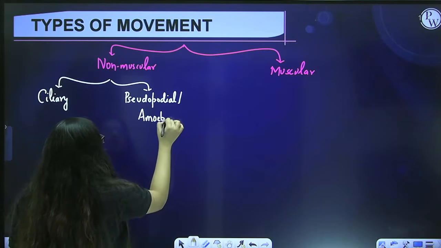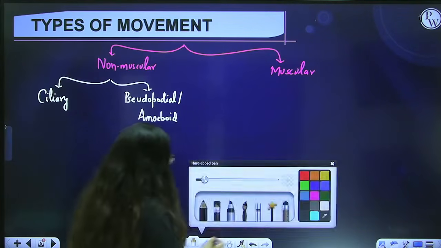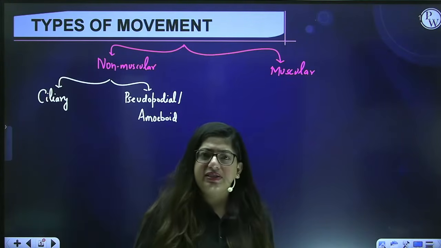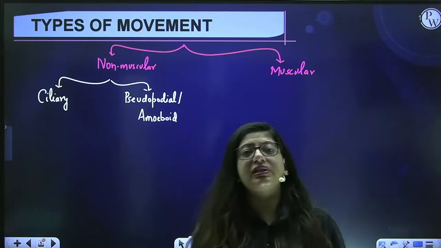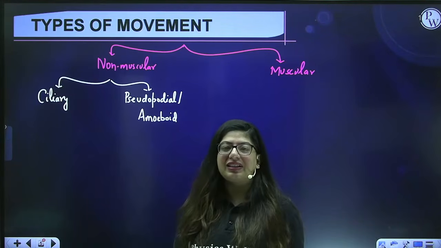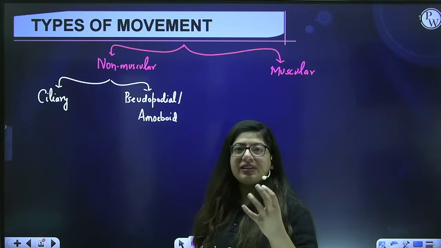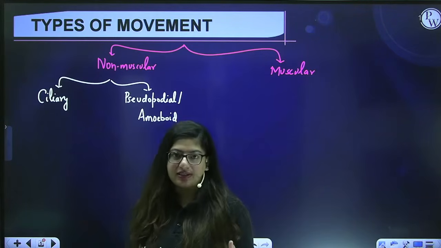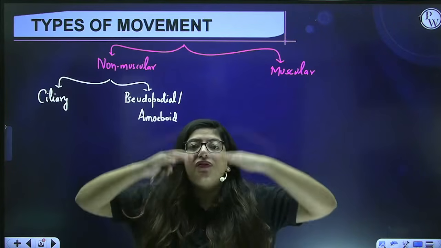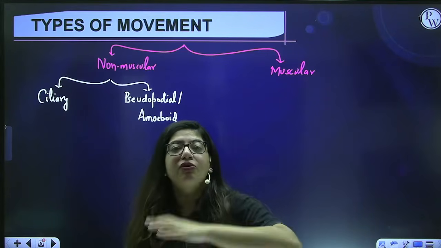Now here I'm just talking about human beings, nothing else, just human beings. Okay, so where do we have ciliary movement? Do we have cilia? Yes, in the structural organization in animals, I have told you that we do have cilia, and that cilia is present in the respiratory tract and fallopian tube. So that cilia is leading to the movement of substances. In the respiratory tract, there is a movement of mucus and dust particles. In the fallopian tube, there is a movement of ova.